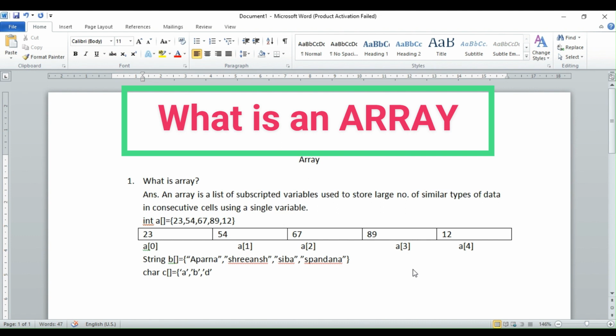Curly bracket close. This is an array of characters having 3 elements. This is an array of strings having 4 elements. This is an array of integers having 5 elements. This is the initialization of arrays of integer, string and character.